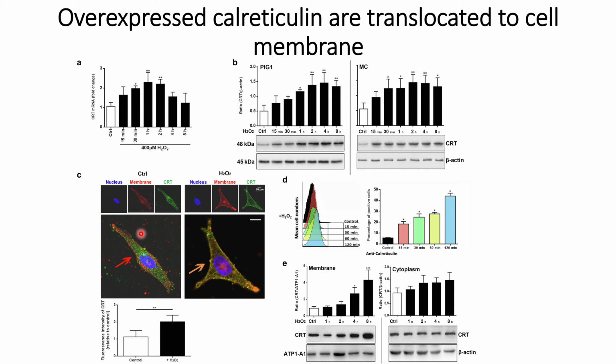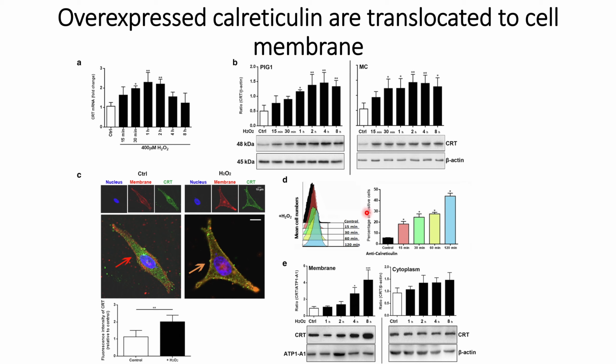So from this, they reproved the point that they discussed in the previous figure, that cells under oxidative stress will have high calreticulum compared to control cells. And in order to check whether calreticulum is expressed on the membrane, they did flow cytometry analysis, where they can see that with increase in time, there is an increase in the